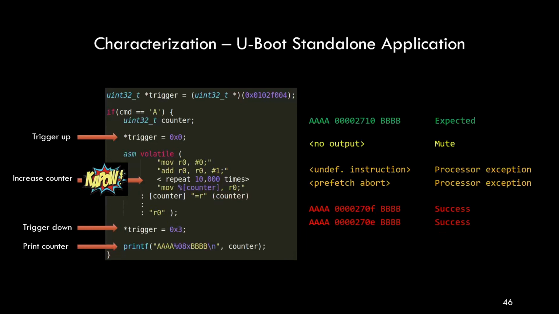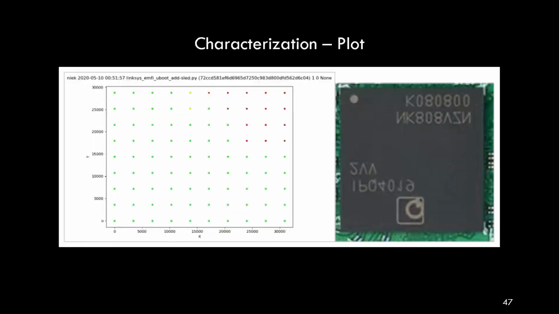So we started our glitching campaign running many of these experiments where we move the probe across the chip's surface. So the results can be visualized as follows. On the right side, we see the chip that we are targeting, and on the left side, we see the grid that we used for the experiments. And we plot all the experiments according to their response. So the green experiments are actually the expected responses.